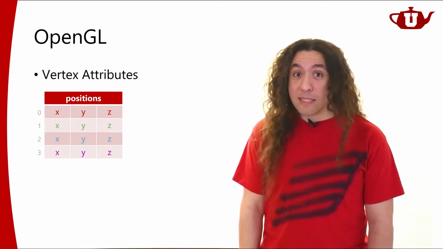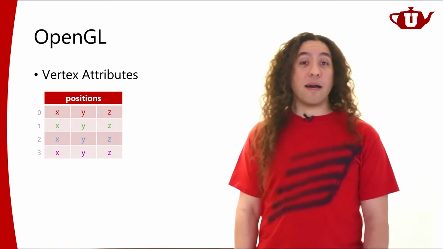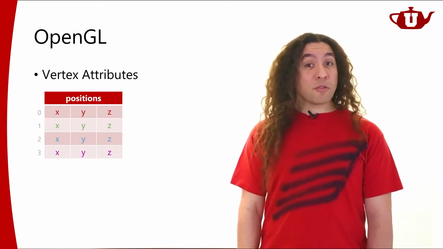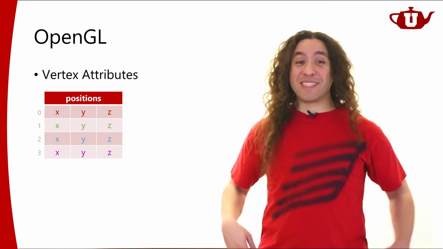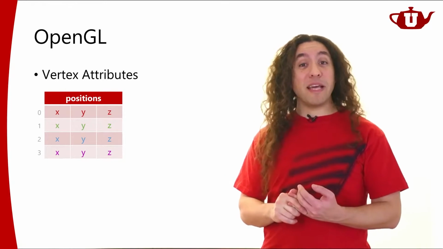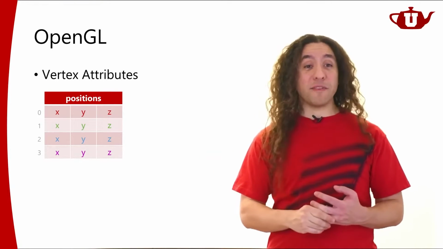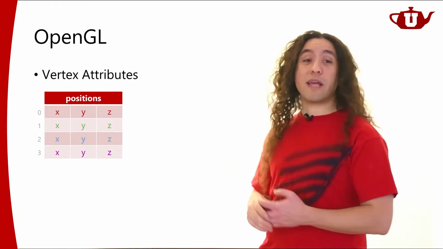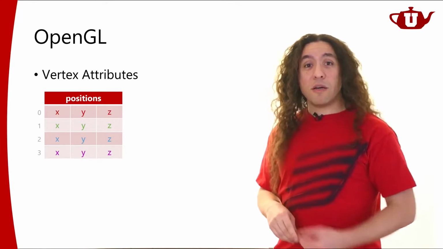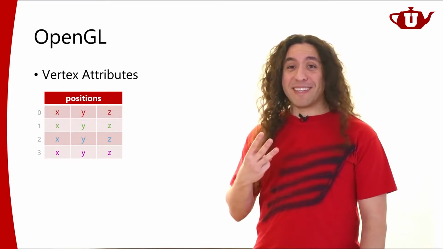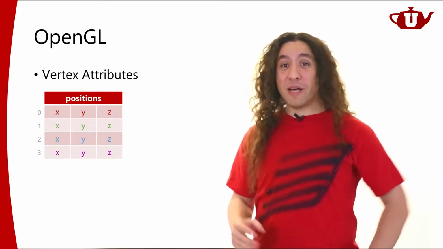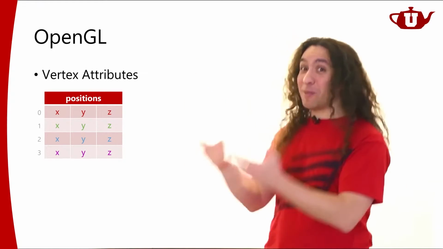Because OBJ file supports that, the triangle mesh class in my code base also supports that. When it's parsing an OBJ file and loading it, it's loading separate indices for vertex positions, a separate set of indices for surface normals, and a separate set of indices for texture coordinates, another attribute. So for each triangle, we're going to have 3 sets of indices, because that's what OBJ file supports. But OpenGL does not support it, because the GPU does not support it. So what do we do?